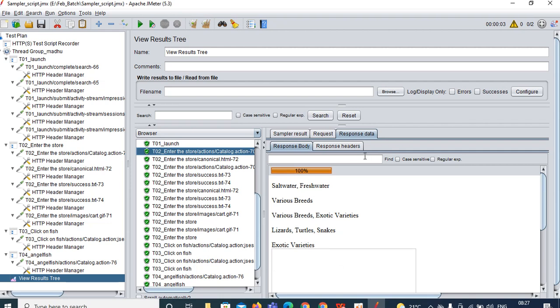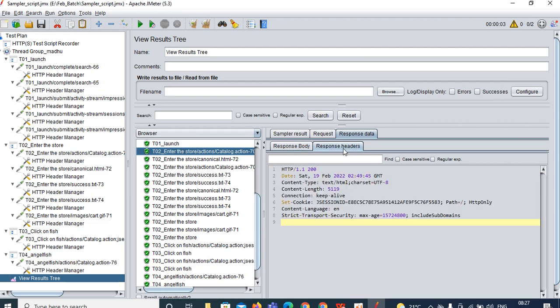Also, whenever you receive the response from the server, you can receive the response headers as well. Some important response headers will be there. Whatever response headers your server is giving can be captured by your JMeter, and it shows them over here under the response headers tab. Here you are not doing any manual things.